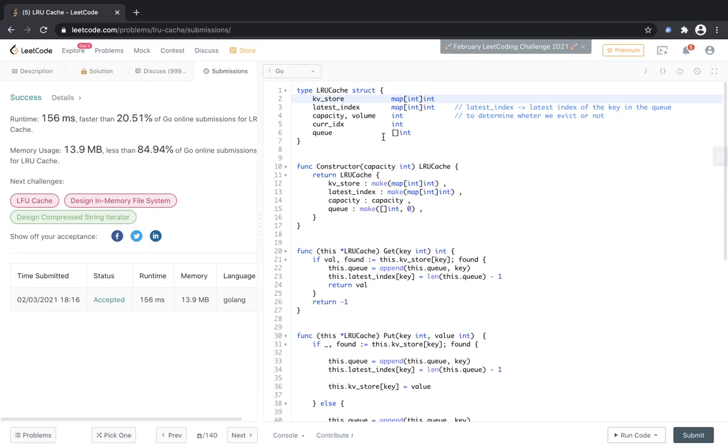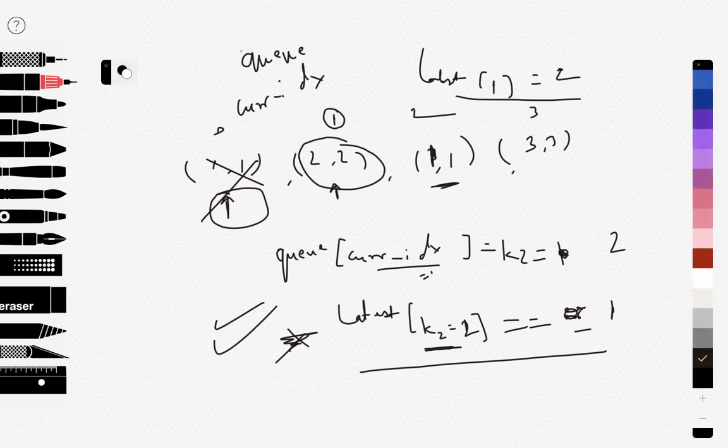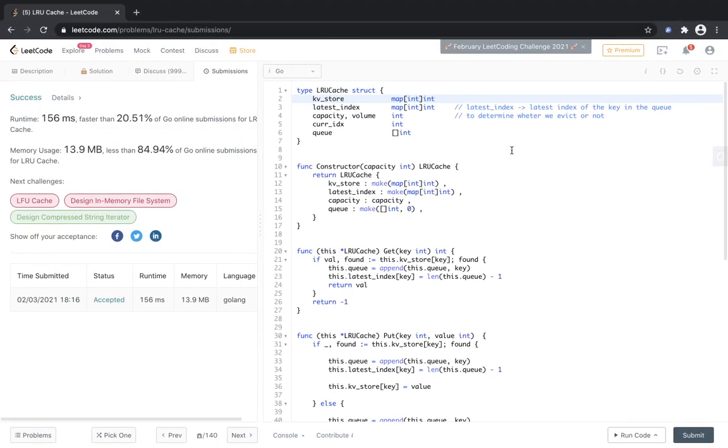Cool. So I will just go through this one more time, and as I said, this is not the fastest implementation, but this is pretty cool to understand how a queue works, and how time series data can be represented in the queue. So we have a queue which represents time series data, and we can implement a queue here simply, and we can simply push and pop out of the queue, but I don't know whether there is a queue here or not, so I just tried to hack my way into the queue using this extra map called latest index, and that is why so much memory is being used.